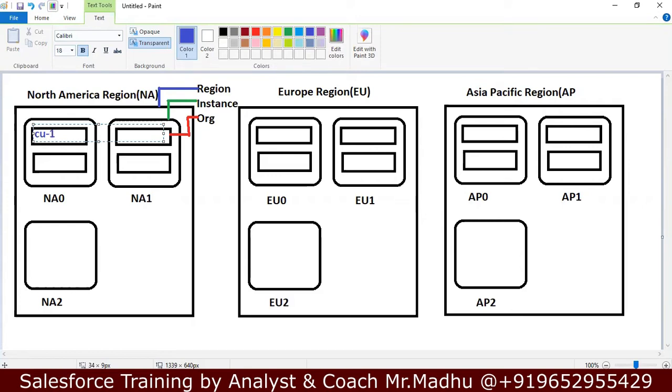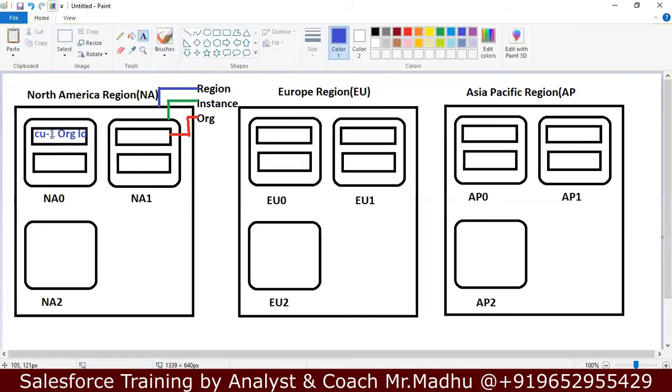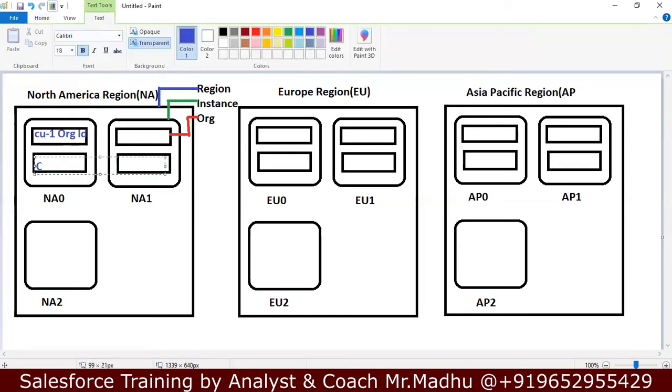For this CU1, they created one arg that contains an argID. When the first customer comes, they create customer 1 and create an arg. That arg contains an argID. Like this, when the second customer comes, they create one more arg, which contains one more argID.